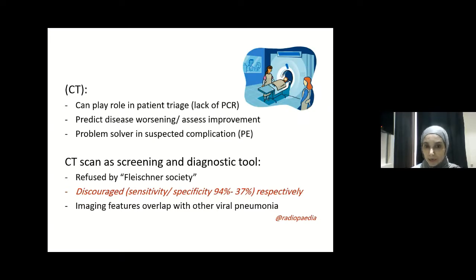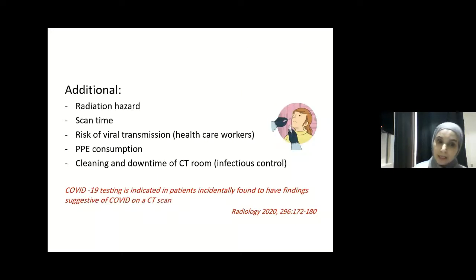CT scan as a screening tool and diagnostic tool is completely refused by the Fleischner Society, and that is because of its low specificity, plus the COVID-19 imaging features can overlap with other imaging findings in other viral pneumonias. Additionally, there is a radiation hazard of using CT, plus a prolonged scan time compared to a quick and fast portable chest X-ray. There is a risk of viral transmission